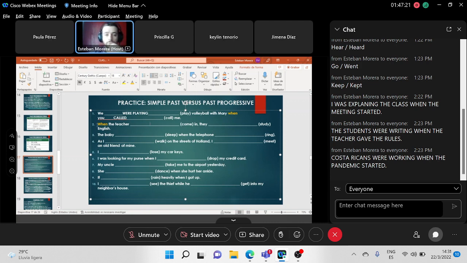Okay, remember that we use when for the action in the simple past. For example, when you call me. Okay, when you call me is an action in the past, right? And we are using when for the action in the past. But we use while for the action in the past progressive. In this case, we have when the teacher. So we have to use an action in the past. So when the teacher came, or when the teacher came in, they